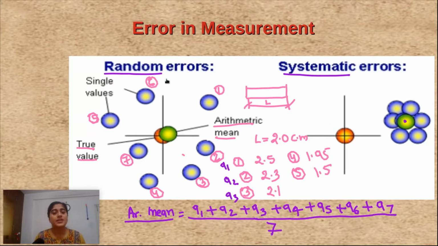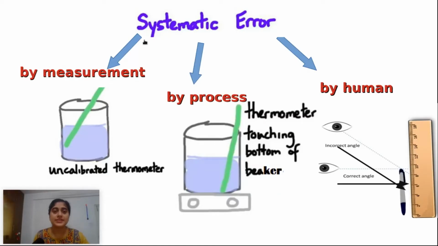Errors can happen for a number of reasons, not only due to wrong precision of your measuring device. There are lots of reasons, but whatever the reasons, we find this type of error. Sometimes we find the same values which differ from the true value, so all the time you get the same type of wrong value. But sometimes you find different random values. I will tell you the reasons in the next slide. So first I will discuss the systematic error in measurement.